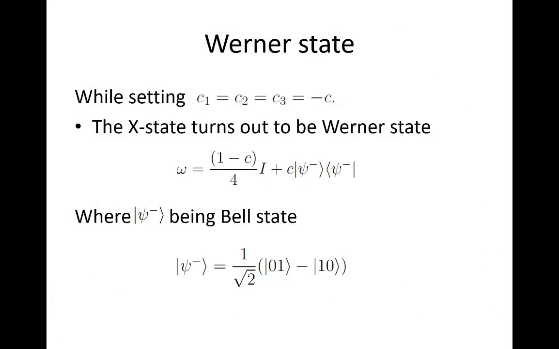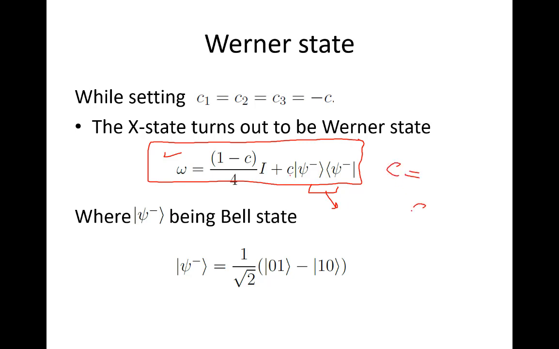So now that we have the density matrix, we can find the Werner state. You know the Werner state is a kind of state omega, which is used to transform any pure quantum state to a mixed quantum state, and from pure to mixed state you have to specify C.